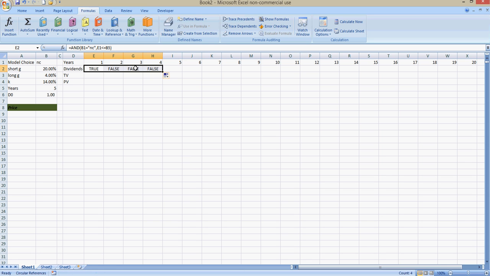But if I copy this, I'm referencing the wrong thing. So what I need to do, the B1 doesn't change. I always check the B1 cell. I always check the B5 cell. So now I can copy this